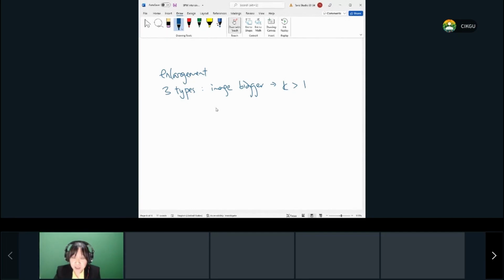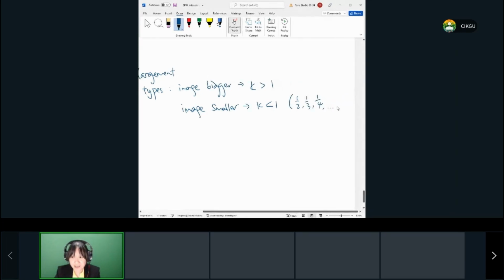The second type is your image becomes smaller. That means your scale factor will be less than 1, like half, 1/3, 1/4. When you see a scale factor like this, you know already the image becomes smaller. The last one is the image goes the opposite direction, the other way. If it goes the opposite direction, that means your K value is a negative number. Done. These are the 3 cases